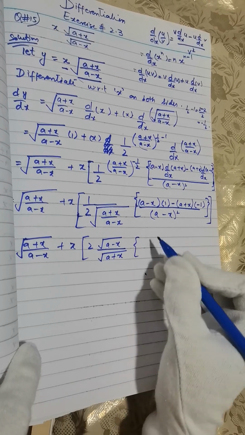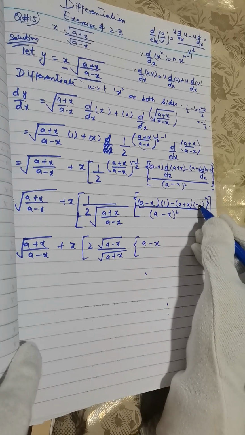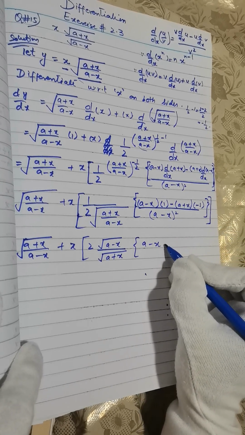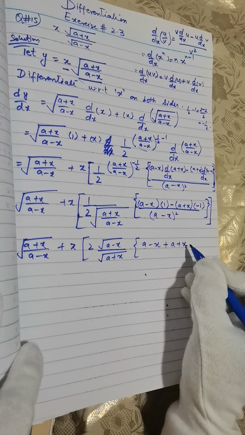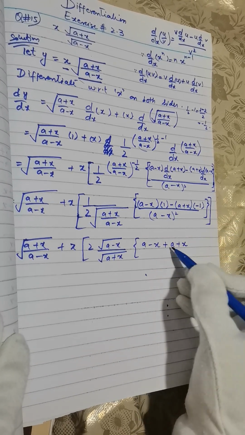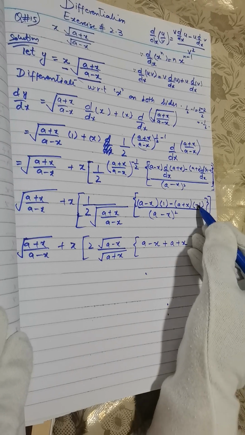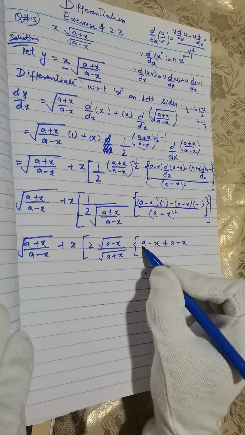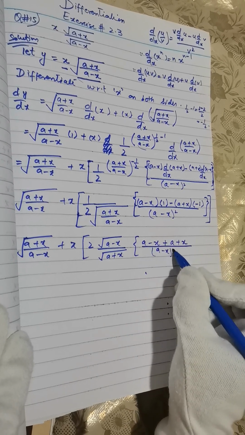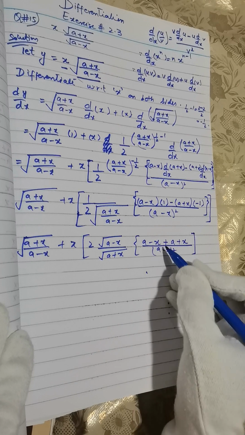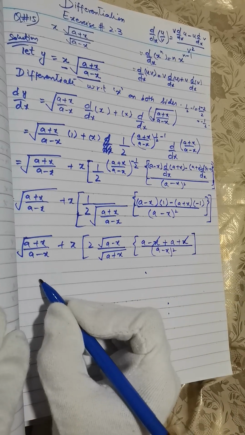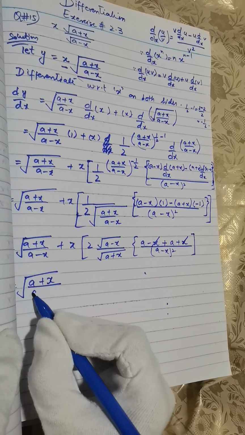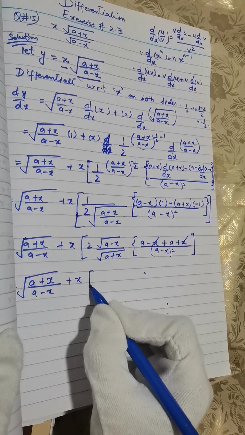So further we will solve a minus x as it is, minus minus minus into minus, plus, so a plus x. It doesn't affect any of these two terms if there is a positive sign outside. Minus minus will become plus, whole divided by a minus x whole square. Now minus x and plus x cancel each other. Next step is under root a plus x divided by a minus x plus x,